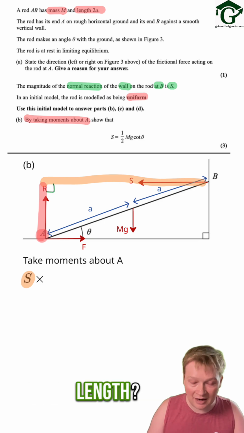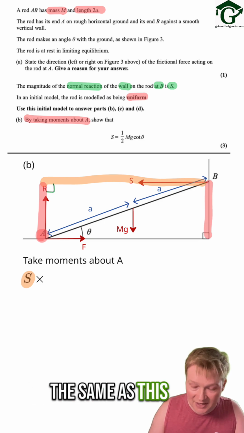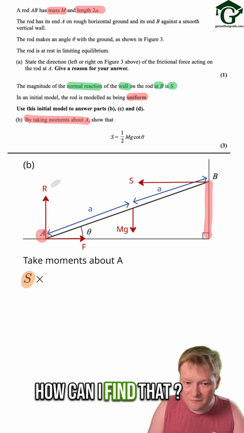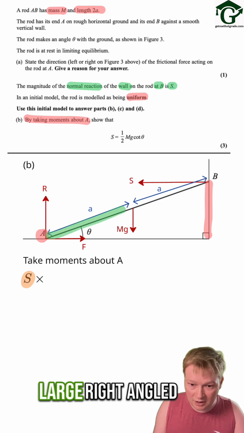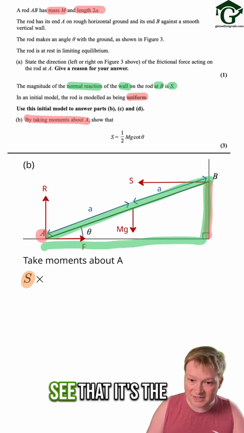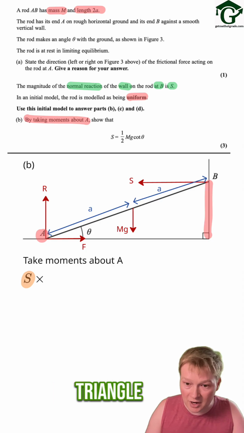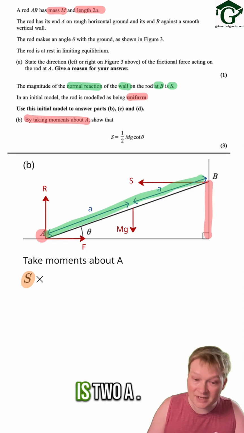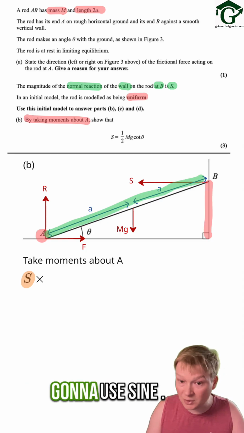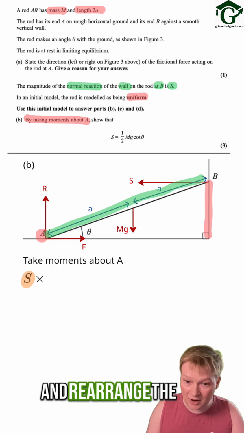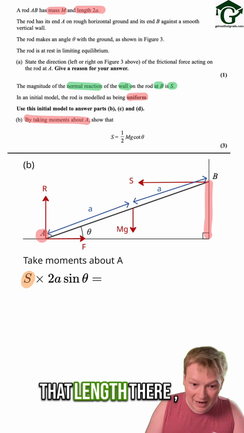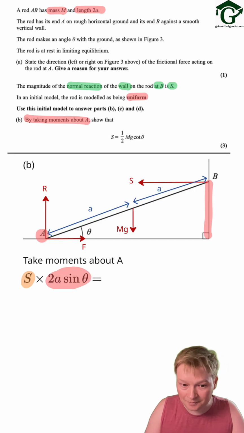How do I find that pink length? Well, notice that it's the same as this length here on the diagram. How can I find that? Well, if I look at this large right-angled triangle here, you can see that it's the opposite in that triangle. I know the hypotenuse is 2a. Opposite and hypotenuse, we're going to use sine. If you apply sine theta and rearrange the formula, you get, for that length there, that it's 2a sine theta. Next, we'll deal with the